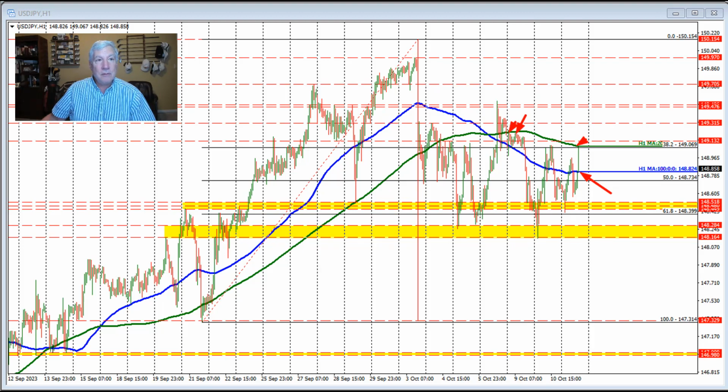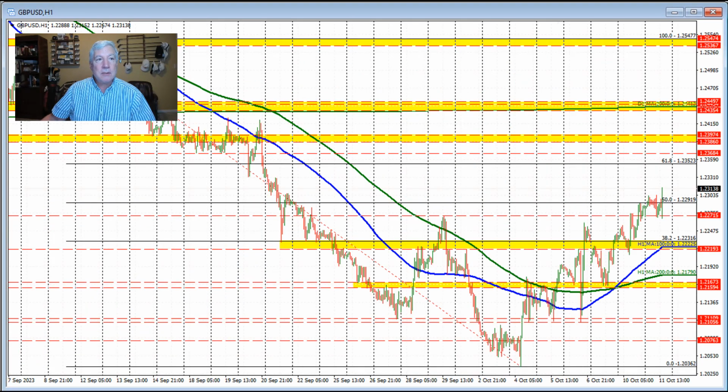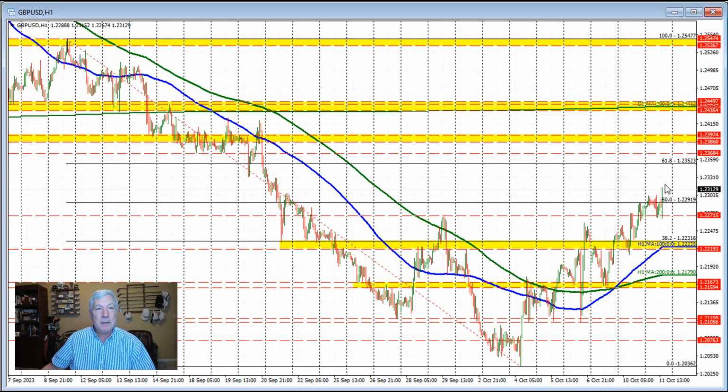If we were to maybe put a box around what the price action has done over the last 5 or 6 trading days here, most of the price action is in between here, 148.28 and 149.31. That's only about 100 pips of ups and downs trading. So we are perhaps looking for that CPI data tomorrow to kind of give us the direction, whether we move to the upside in the dollar versus yen and outside of this box, or to the downside and outside of this box. So let's take a look at the sterling versus US dollar next,